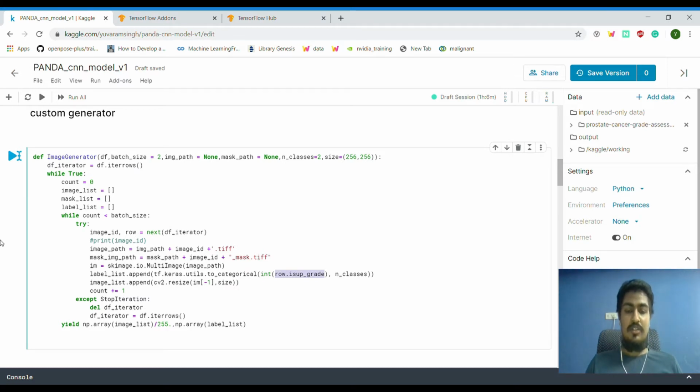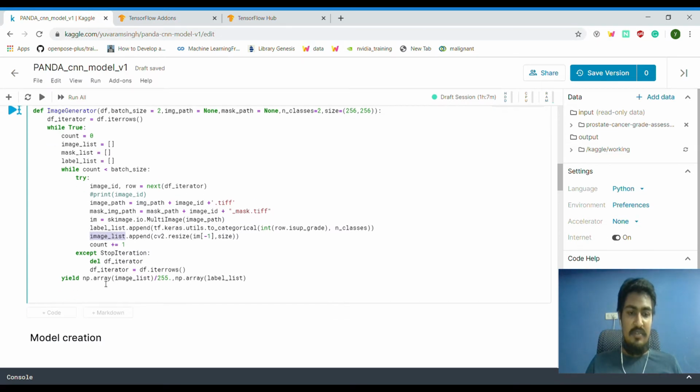The fastest way to convert it is tf.keras.utils.to_categorical. This converts the number into a one-hot encoding based on the number of classes. In our case, the number of classes is 6, which we pass in, and then it stores the one-hot encoded vector.